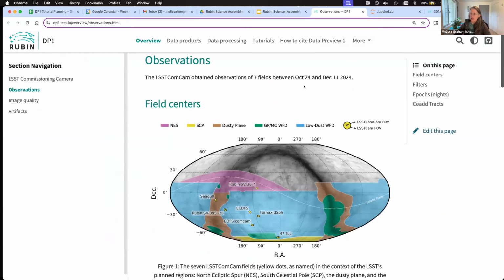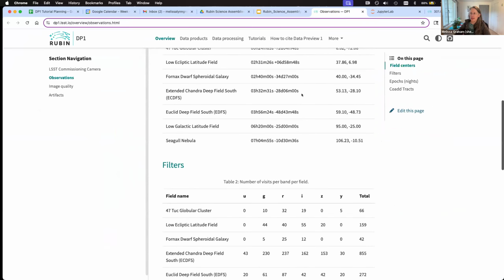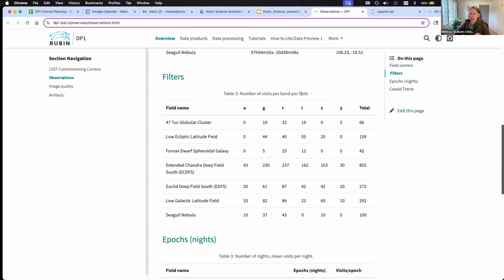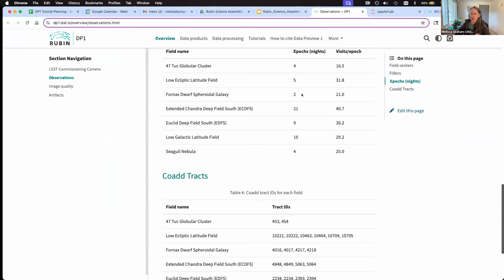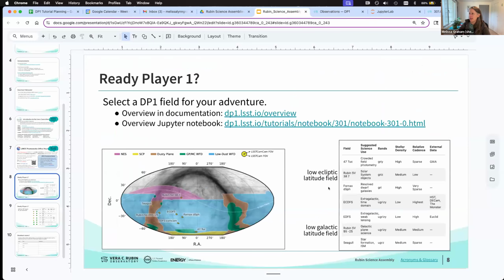There's a page in the DP1 documentation that has an overview of the 7 fields. It's got their RA index, it's got the filter breakdown, it's got the number of observations and the number of tracks, like areas for each of the fields. And this table here kind of gives you a rough idea of the 7 fields and how each one was covered. So the point here is to just pick one of the fields that is most closely matched to your